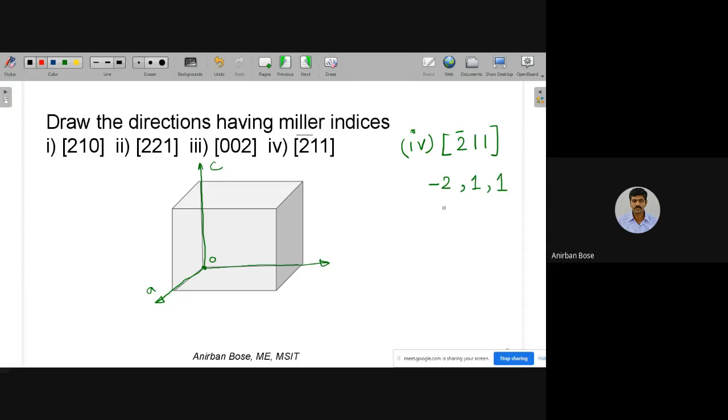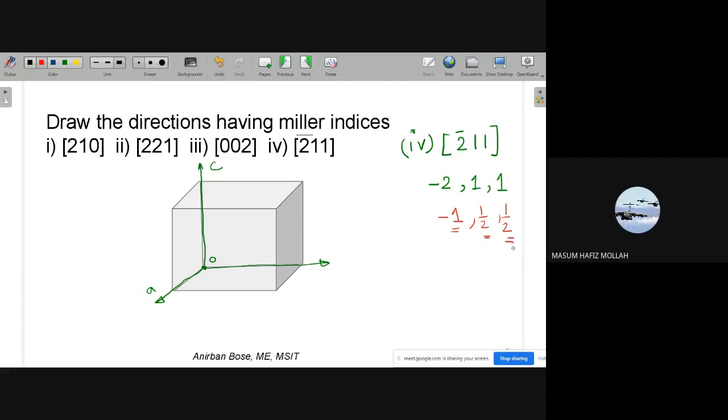So we'll divide all the terms by 2 so that its maximum value will become 1. In that case, this will become 1, this will become half, and this will become half. So we have divided by 2 because 2 is the maximum value, and we want that out of these 3 coordinates, none should be more than 1. Clear up to this much? Any query up to this much?